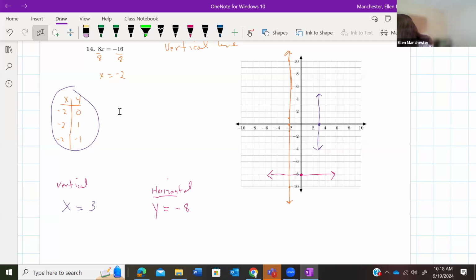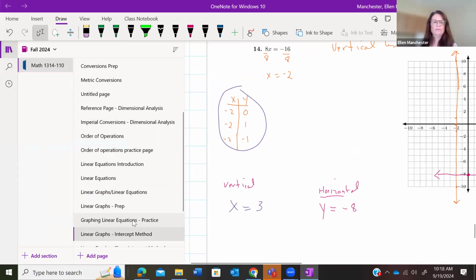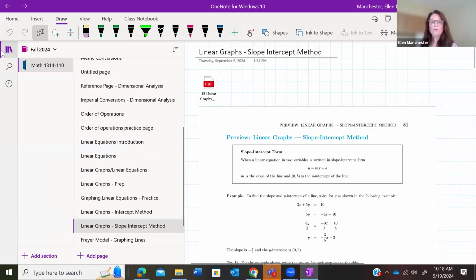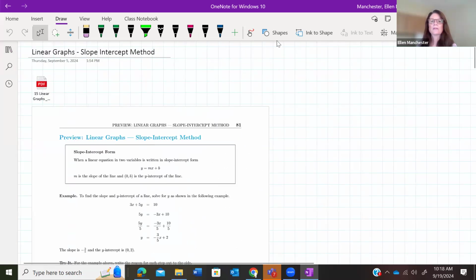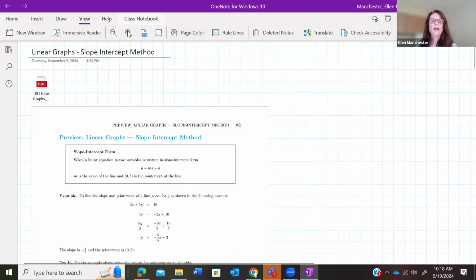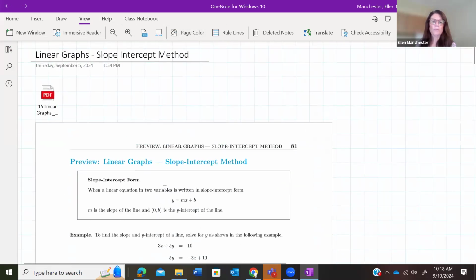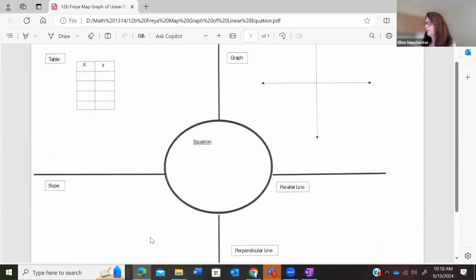Let me see if there's anything else I need. Then there's your homework. So we got homework on that. Okay. So now, no questions. Yes? No? Need to see anything one more time? All right. So before we get to the slope-intercept form, on the table there is